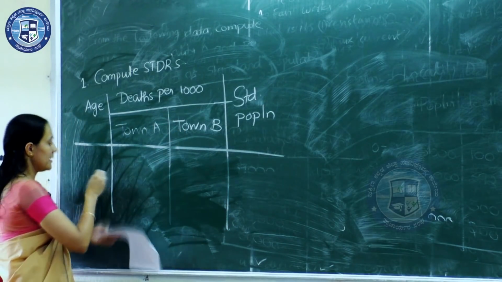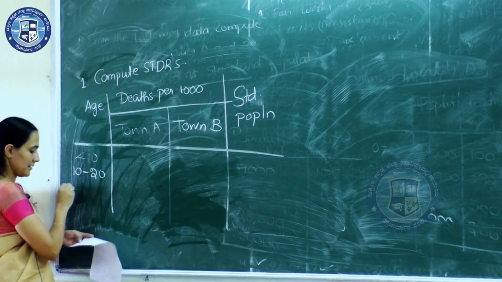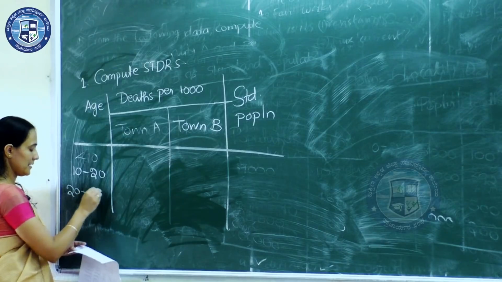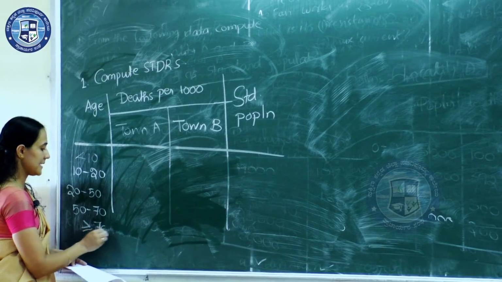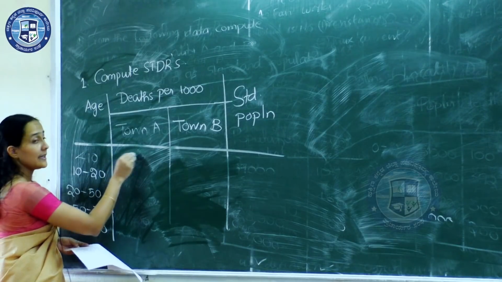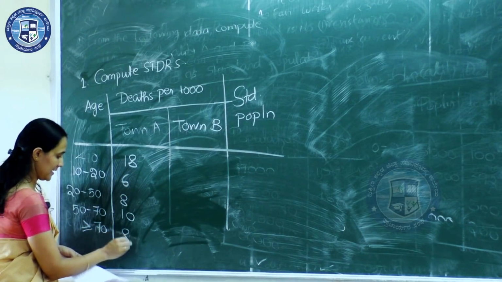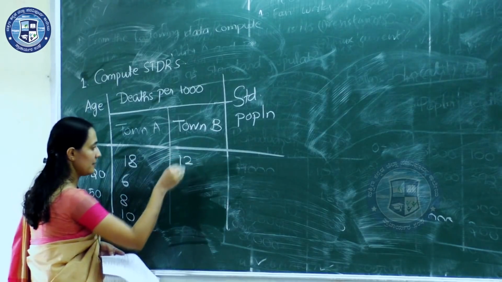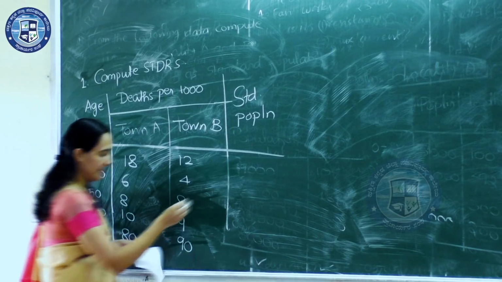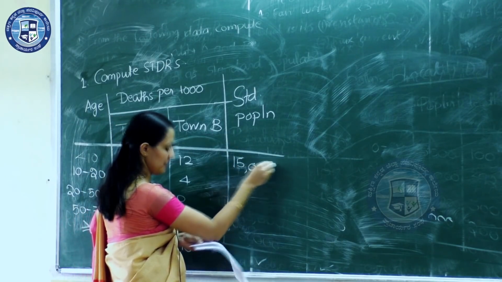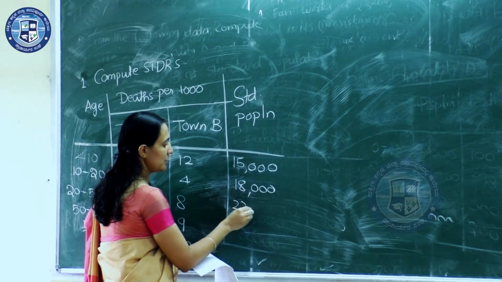Age: less than 10, 10 to 20, 20 to 50, 50 to 70, greater than or equal to 70. Town A: 18, 6, 8, 10, 80. Town B: 12, 4, 8, 9, 90. Then the standard population: 15,000, 18,000, 22,000,